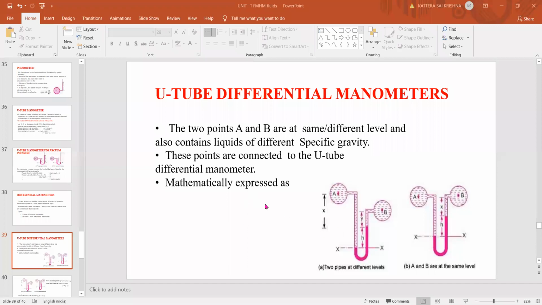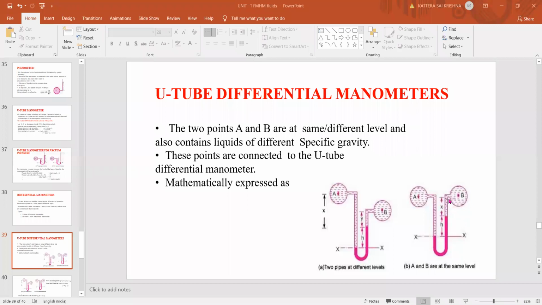Already I said P is equal to rho g h. So the pressure inside this tube above XX will be rho into g into the height of this fluid, that is H plus X. Depending upon the problem, it will change. Suppose you see here in the left side column, what is the pressure here? Rho g h, so the h becomes X plus H, the full height.